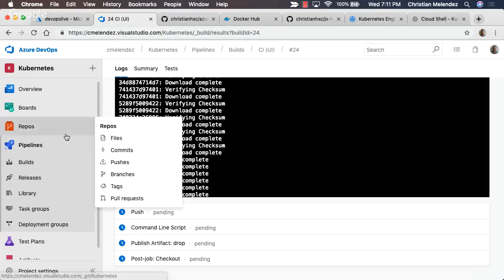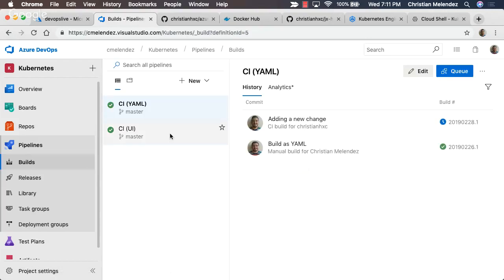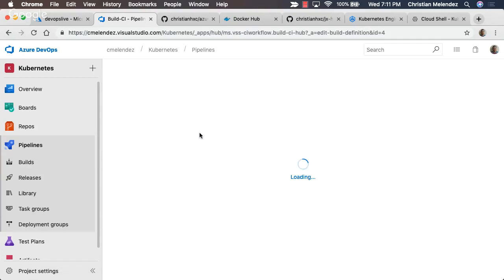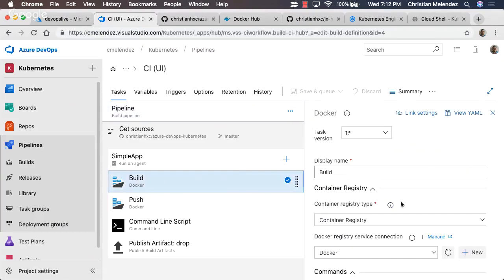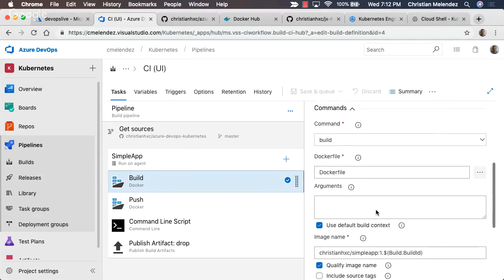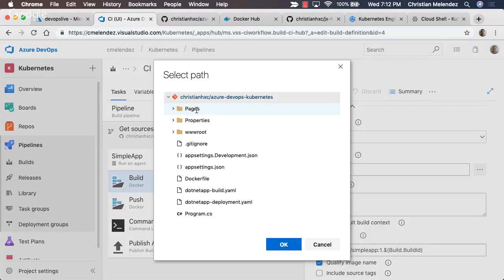So while that finishes, I'm gonna show you how easy it is to create that part. Let's take a look at the pipeline here, and you pretty much will have all the phases and all the workflow that I talked about a moment ago. So you will have a build command, which is going to be using an extension in Azure DevOps that is going to be running the Docker build command. You would choose here the file that you would like to use.